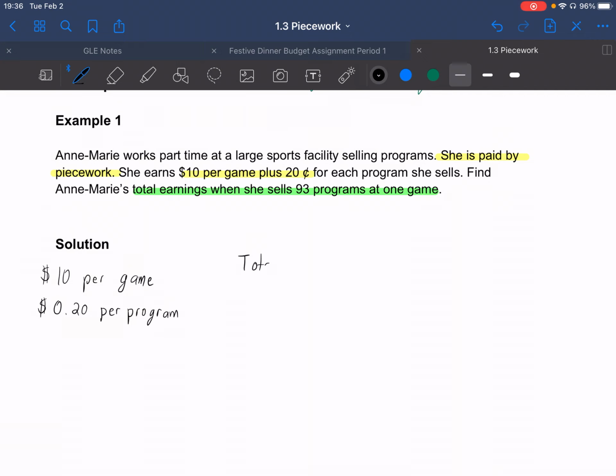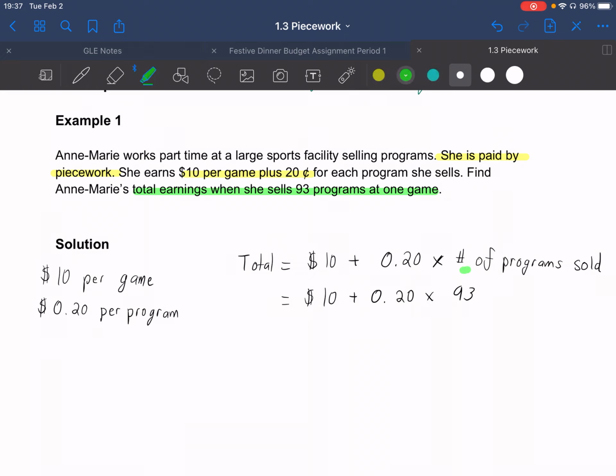So total is going to be equal to that $10 plus the 20 cents times the number of programs sold. So we start figuring this out. We know that she sold 93, so we're going to replace this information here with 93. What you want to do here is get out your trusty calculator, in my case, my phone. You may also use your phone. So we do 0.2 times 93,